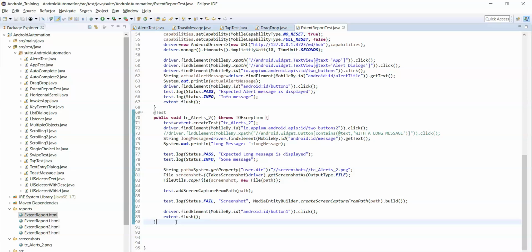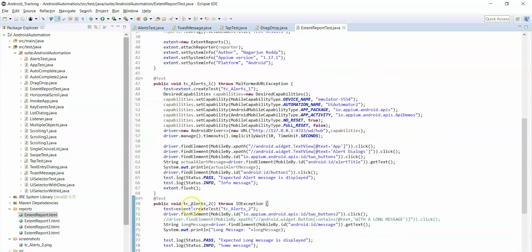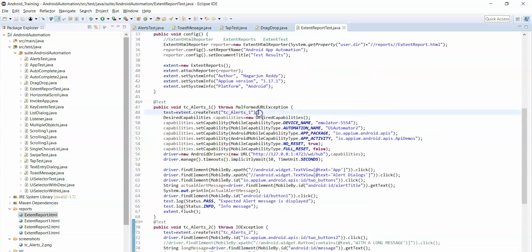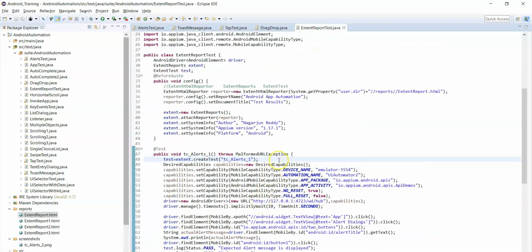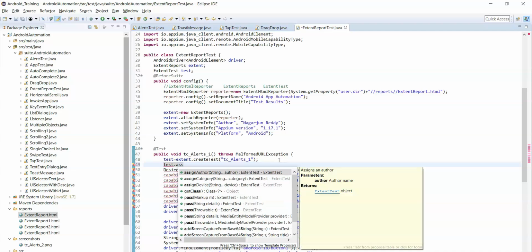Now if you want to assign the categories to each test case, based on category, you can filter those test cases in the extent report. Now let's assign the category to each test case using test dot assign category.